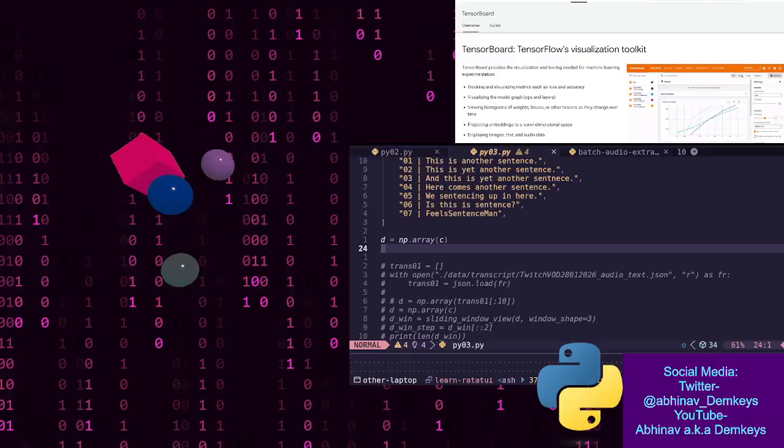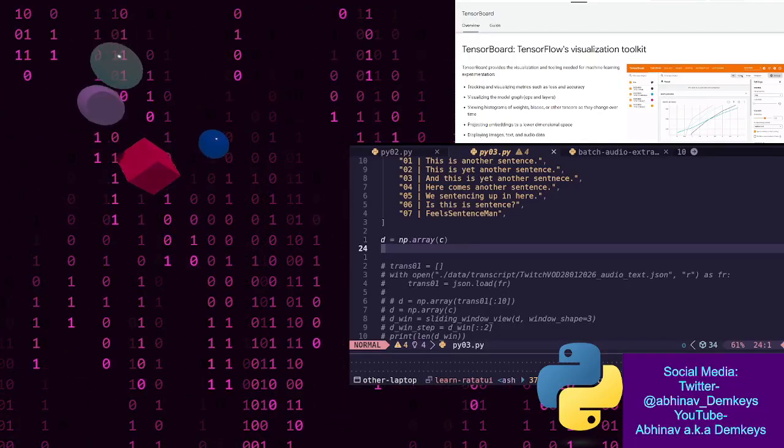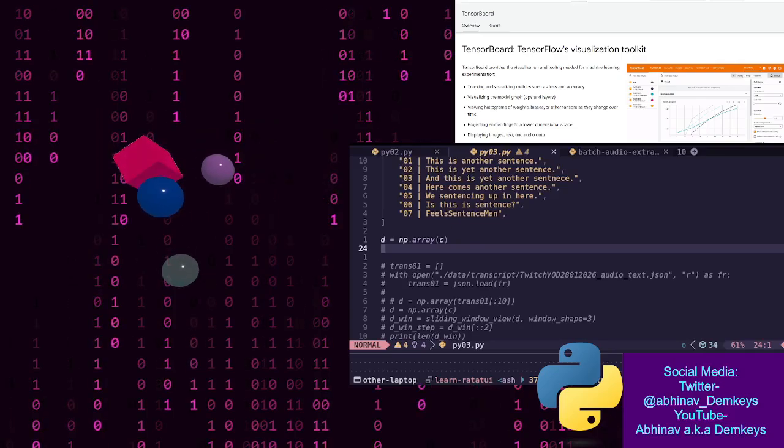Okay, the next thing is SIMD, single instruction multiple data. Modern CPUs can perform operations on